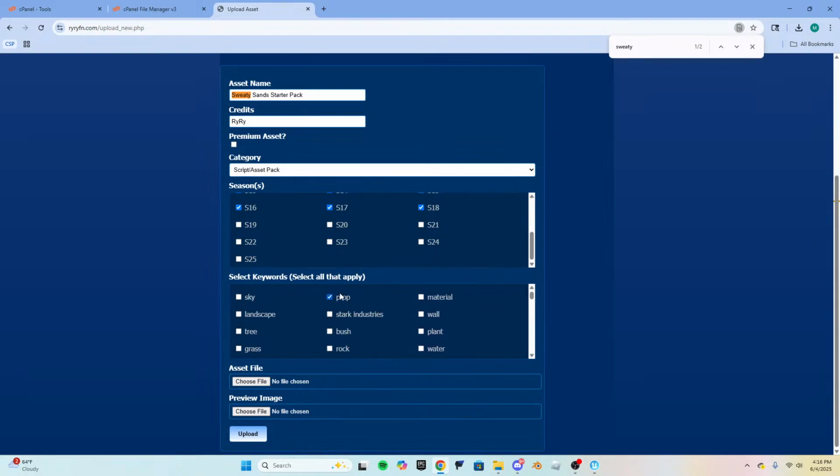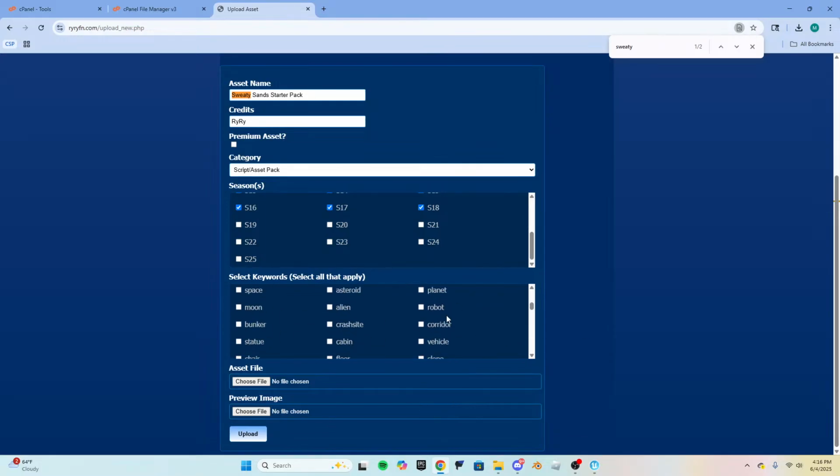Prop, wall, city, grass, tree, rock, road. Definitely sign. Definitely building, furniture, chair, table, floor, ceiling, roof.